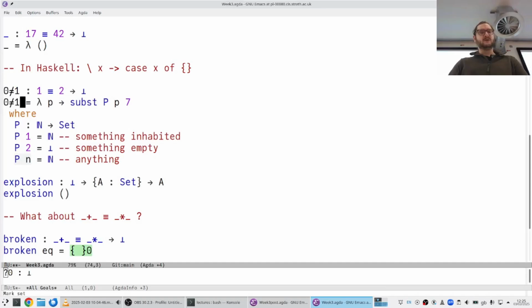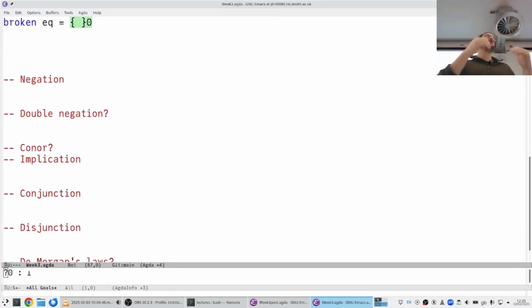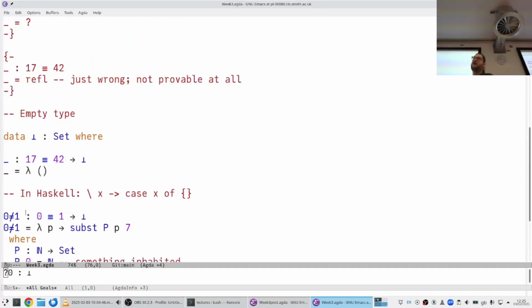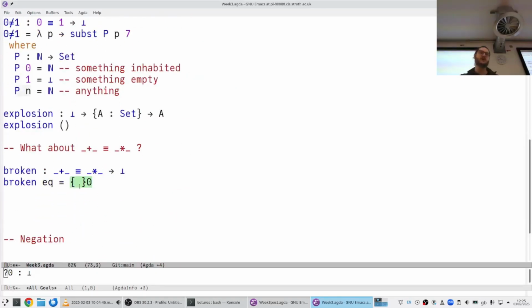Okay, so now we cannot dismiss outright this possibility because I just cannot see that it's impossible. But we can use a more specific statement, which is obviously impossible. And as long as we can reduce our inputs to a proof of this obviously impossible statement, we will still be able to prove that the branch is impossible. So I'm saying, okay, I'm reducing the problem of proving that plus is not equal to times to the problem of proving that 0 is not equal to 1. And of course, it's the wrong way around now.